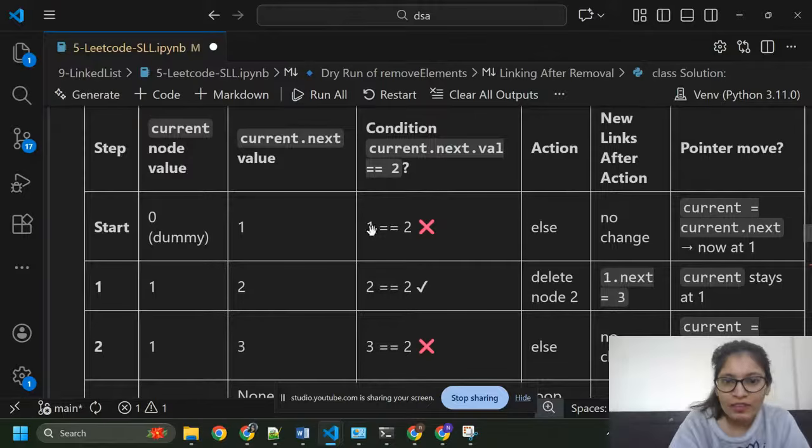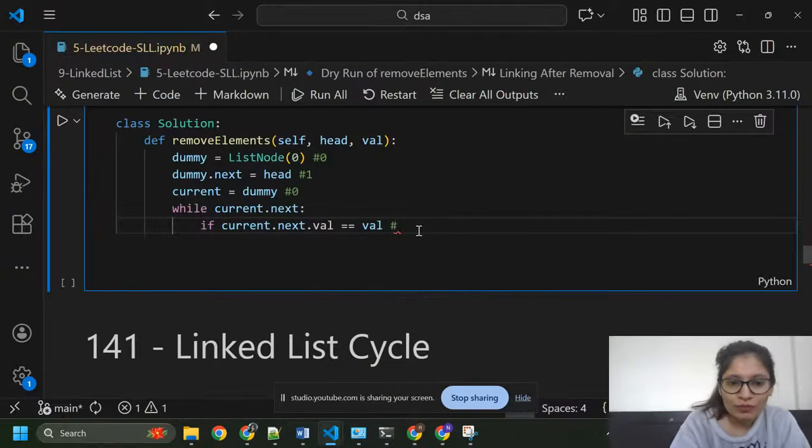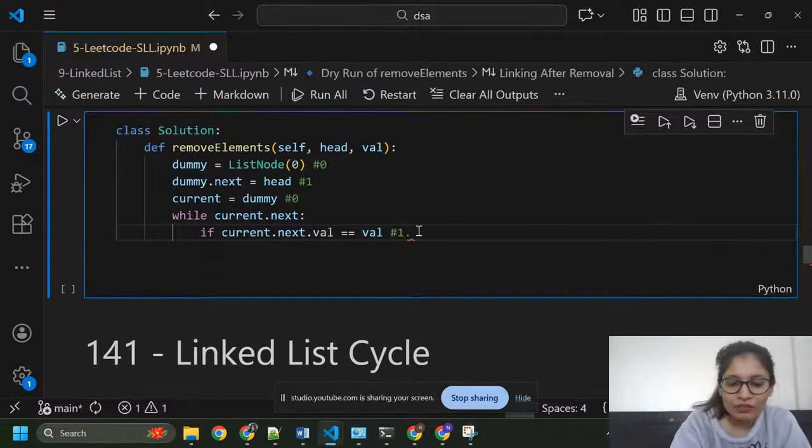I'm going to compare this current dot next value with the value that we want to remove. We want to remove 2 from the linked list. So 1 dot value is equal to value. It means 1 is equal to 2? No, this is false.